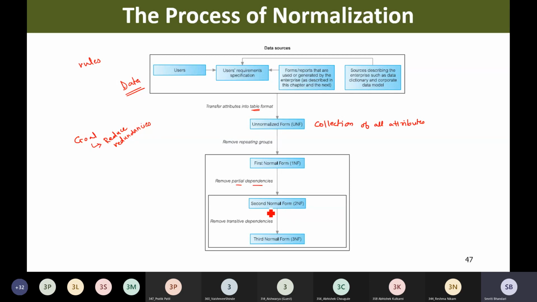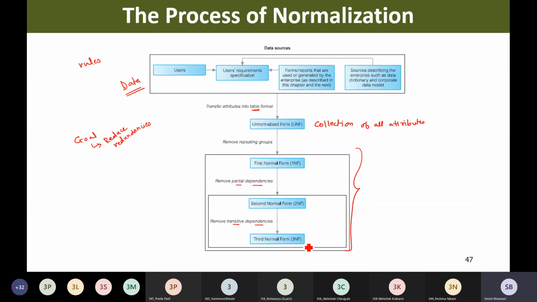Now, once I am having the database in second normal form, I will try to find out if there exists any transitive dependencies. If there are any transitive dependencies, then we are going to remove those transitive dependencies and we come up with the third normal form denoted as 3NF. So these three are the important normal forms. Those we may consider. But further, few other normal forms are also being introduced.